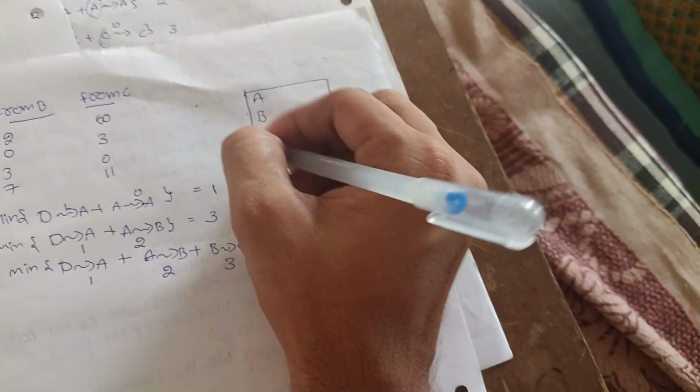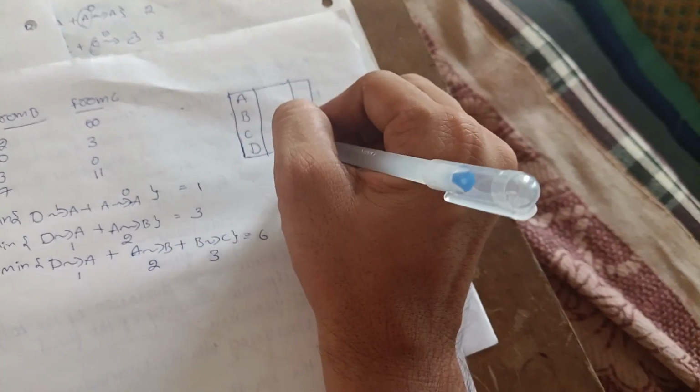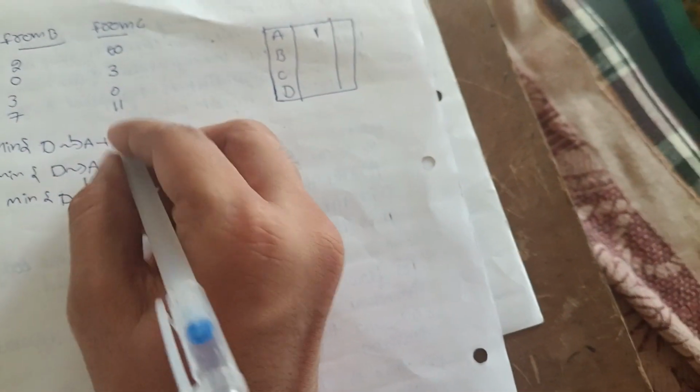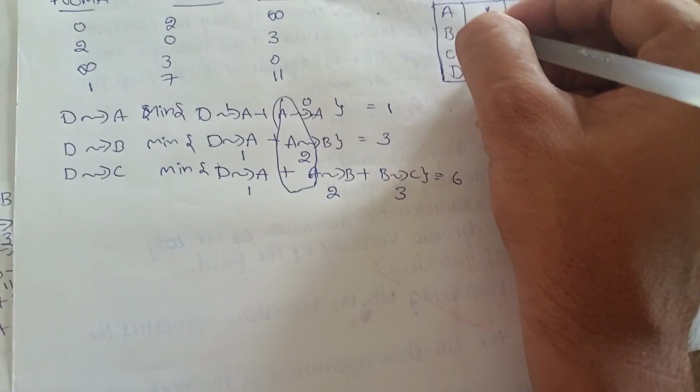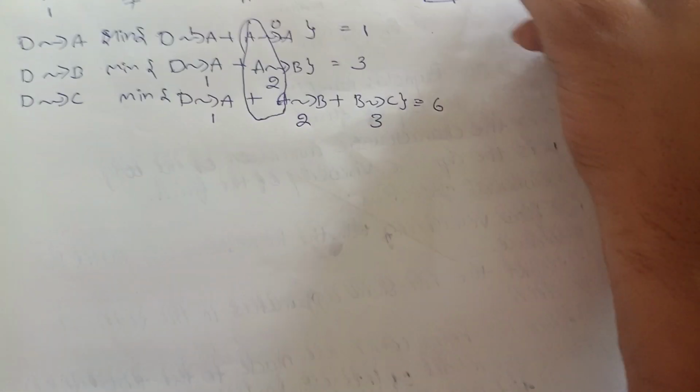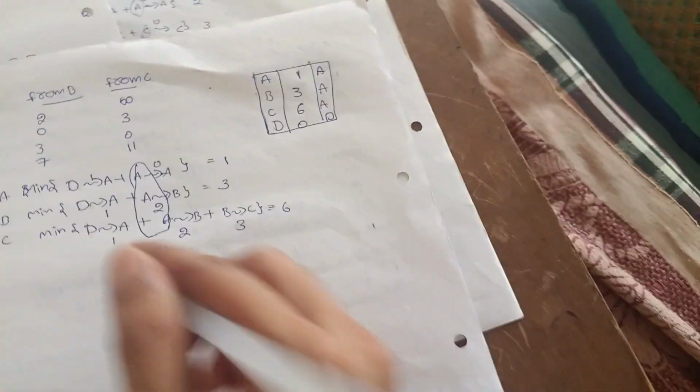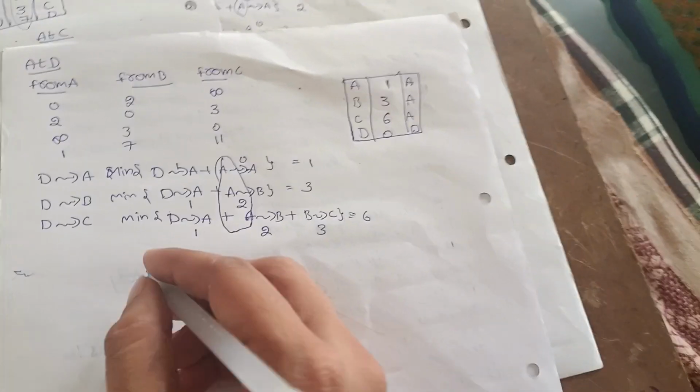We want to write the table: A, B, C, D. Minimum distances: here we find that D to A is 1, and the next stop is always this, A. D to B is 3, and the next stop is A. D to C is 6, and the next stop is A. D to D is 0, and the next stop is D only. Finally, this answer is completed, and the diagram is